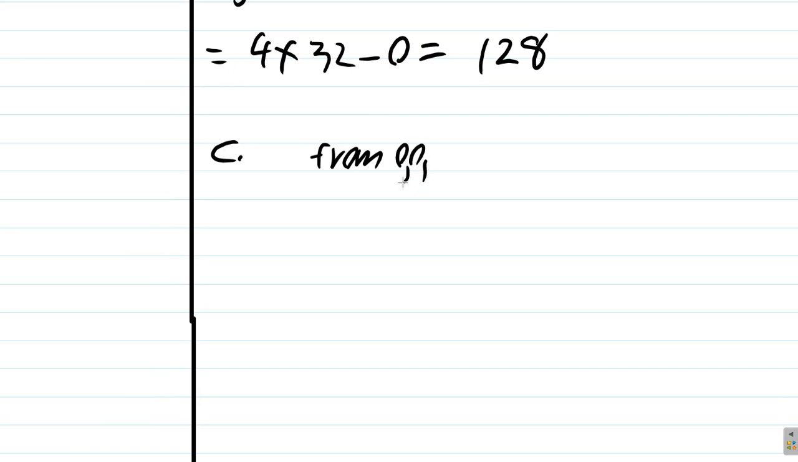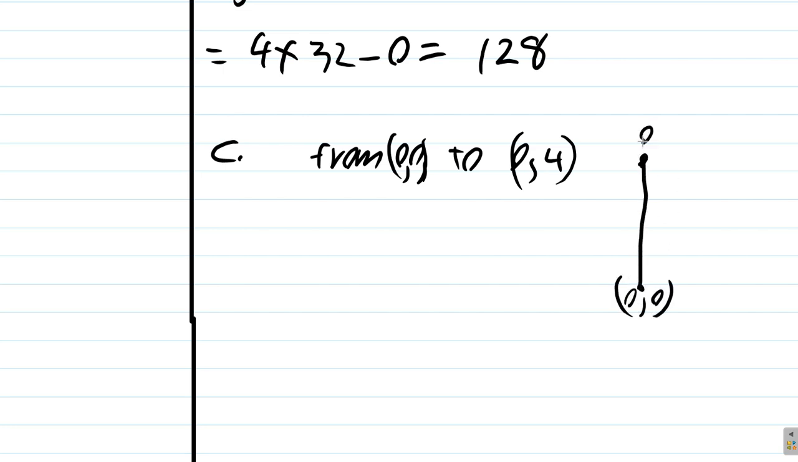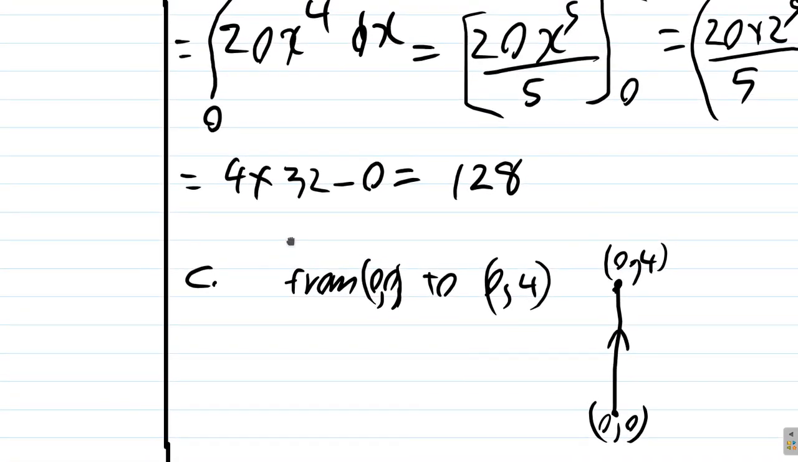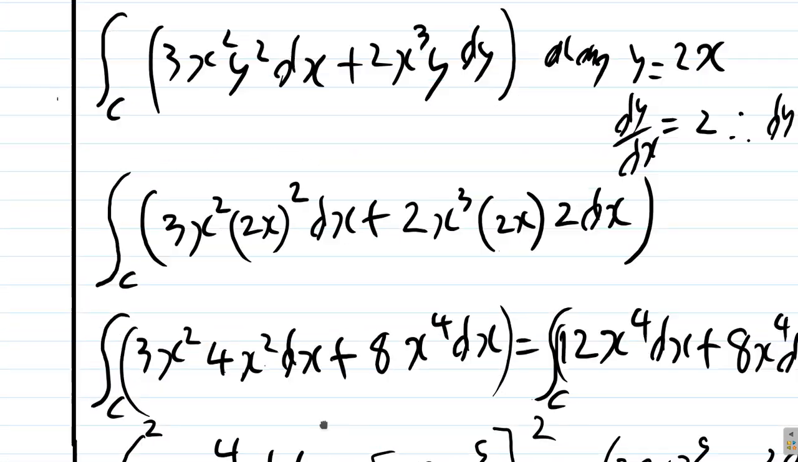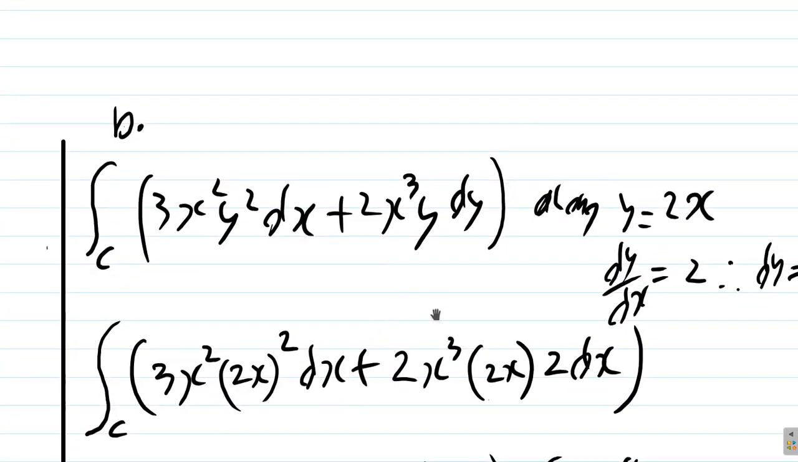From (0, 0) to (0, 4). So we're going from here to here, (0, 0) to (0, 4). We're going straight up. Now, first of all, let me rewrite the integral along the curve of 3x squared y squared dx